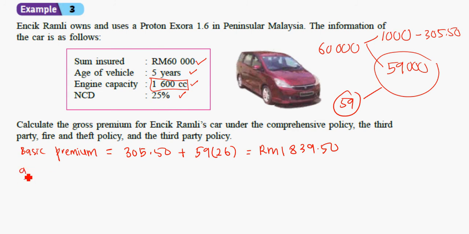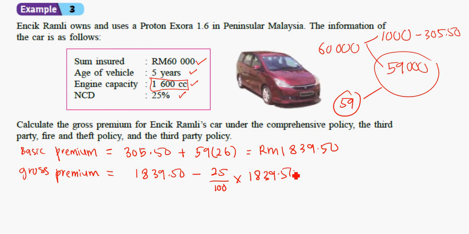So the gross premium for comprehensive is 1,839 ringgit 50 cent minus 25% of the basic premium. 25% times 1,839.50 equals 459 ringgit 88 cents. So 1,839 ringgit 50 cent minus 459 ringgit 88 cents,